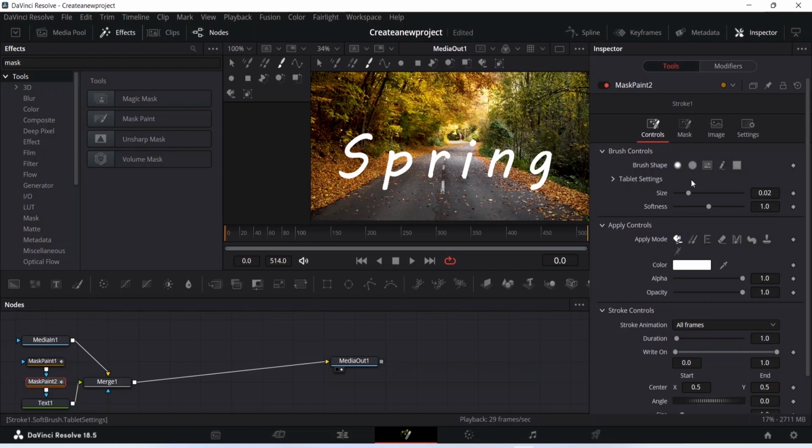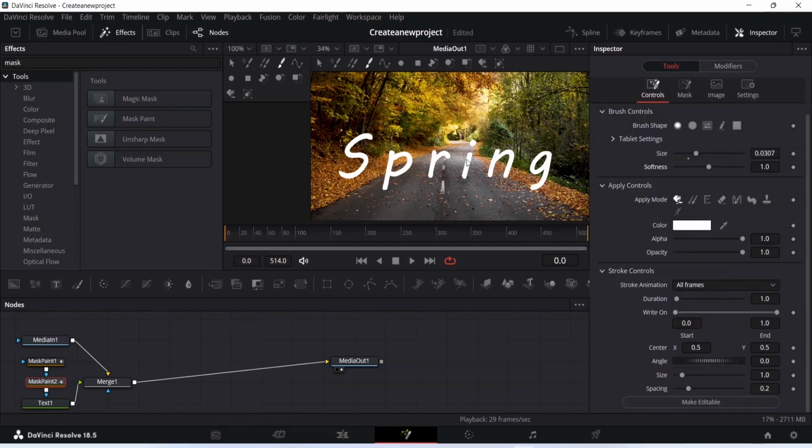Now I'm going to increase the size of the brush cursor. As you can see, I've increased the size of it, maybe a little bit more. And I can increase and decrease the level of softness on the video or the text that I'm going to edit. Now we're going to start preparing the handwriting control. But before we do that, we're going to go to the stroke controls in the inspector interface,